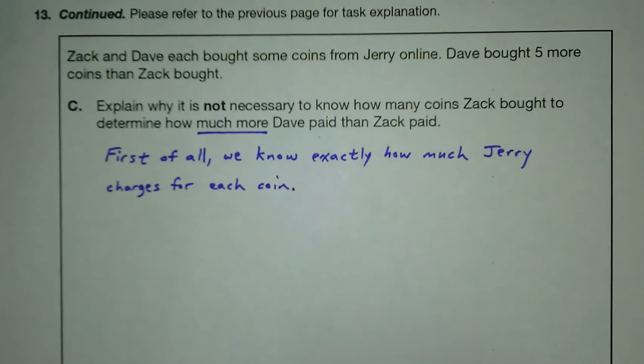And you could also say like the shipping cost doesn't change depending on how many coins Dave buys compared to how many coins Zach buys. Explain why it is not necessary to know how many coins Zach bought to determine